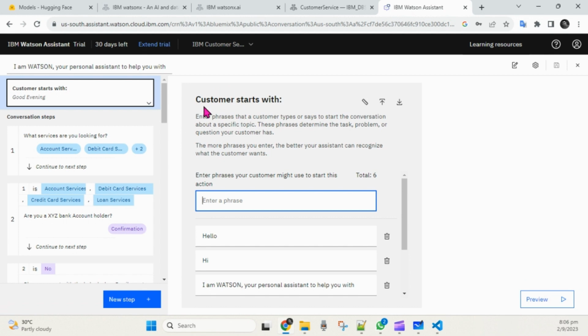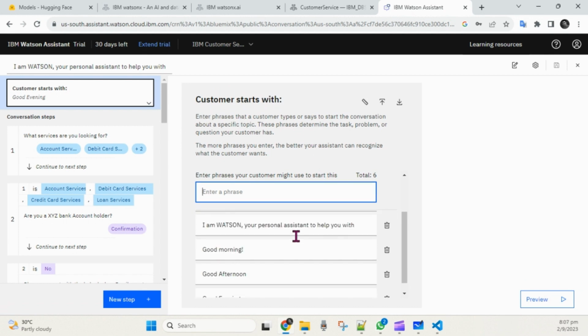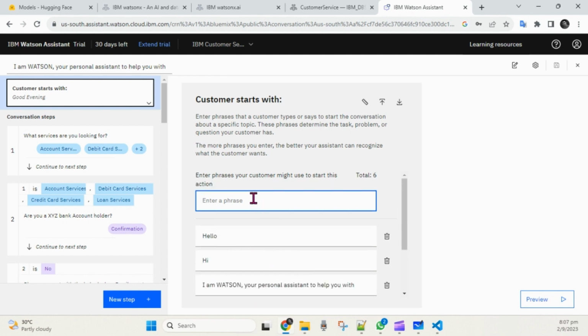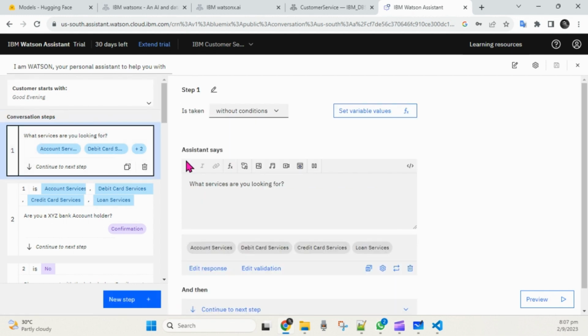Okay, so customer starts with, and here you can put some values, for example, good morning, good afternoon, good evening, hello, hi, anything. So whenever customers start a conversation, your chatbot is initialized at that point. And you can see the first step: whenever the customer says hi, hello, good morning, good afternoon, anything, then